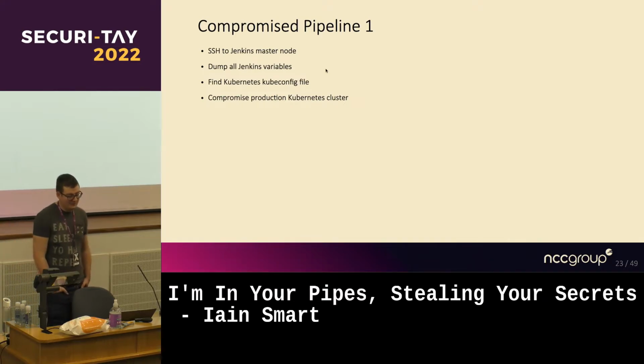So we jumped in, started running ps across all of the servers to work out what was running. Generally, the way secrets management is handled is through environment variables in these pipelines. So we were able to go, right, let's just run ps, see what running build processes are, what environment variables they've got, and we found a Kubernetes kubeconfig file.